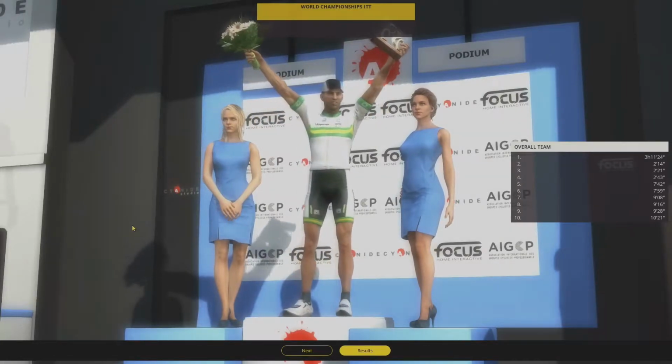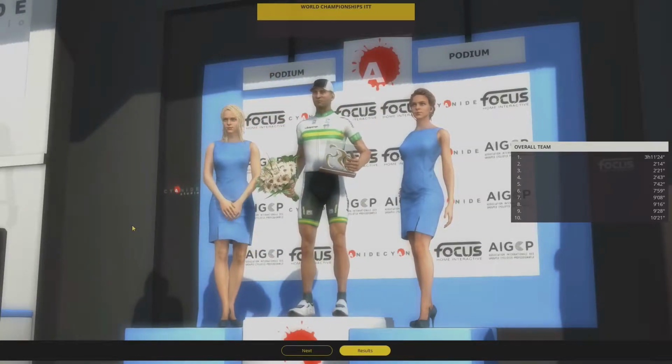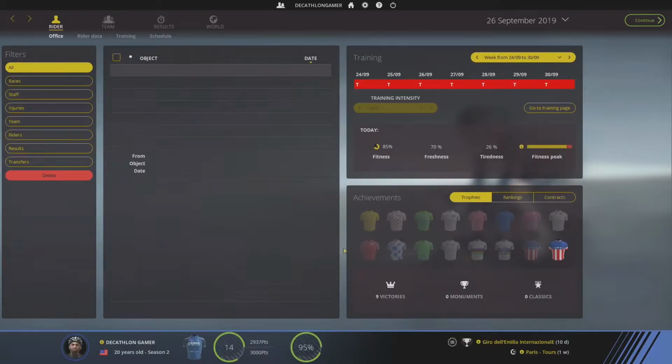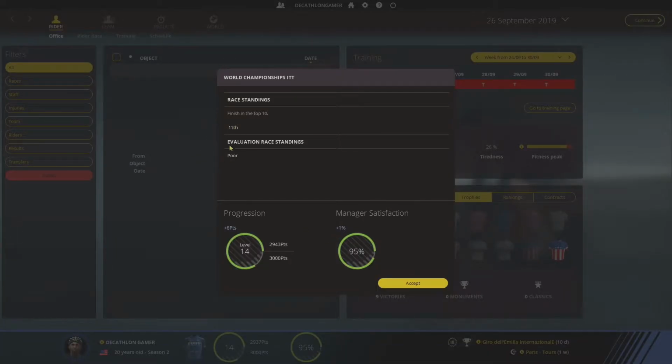The team might have said that I should finish 10th, but I would never think that I would be amongst the top 10 at this point. Oh, just missed the top 10. 11th place. So close. So, Rohan Dennis, Richie Porte, Miguel Angel Lopez, Chris Froome, and Ilnar Zakarin top 5, and I come in 11th. Let's see, how is that poor? Finish in the top 10. I get 11th. That's...